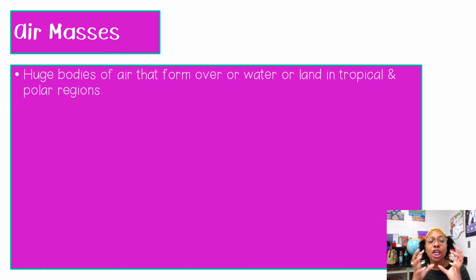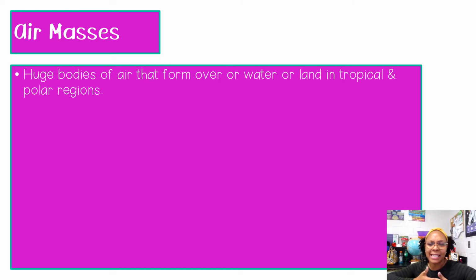Air masses are huge bodies of air that form over water or land in the tropical and polar regions. So when you think of air, we think of air. We breathe air. We need air to be able to breathe. And when you think of masses, if I were to say there was a mass of zebra, that was so